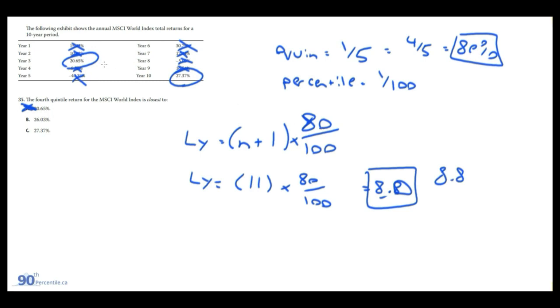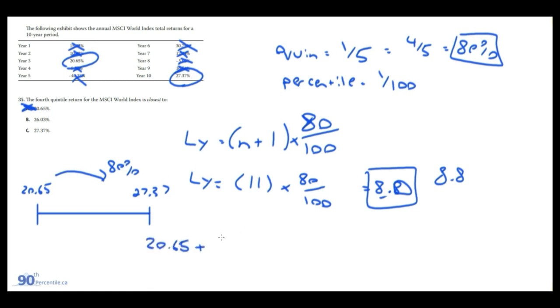8.8, what we do, and what the curriculum does, is it assumes that there's a linear relationship between this 20.65 and the 27.37. So if we were to draw this, 20.65, 27.37, and we're worried about the 8.8th position, we're going to have to get 80% of the way there on a linear curve. So the way you would do that is you would take the eighth position, which is 20.65, plus 80% of the difference between the two, 27.37 minus 20.65,